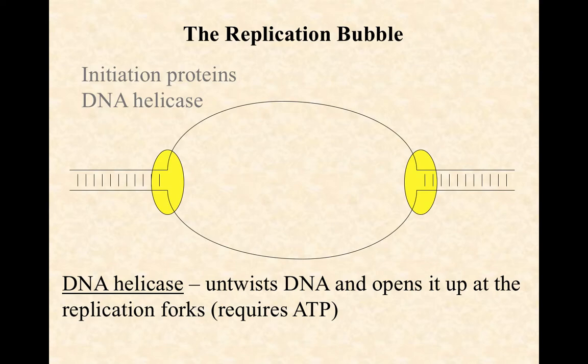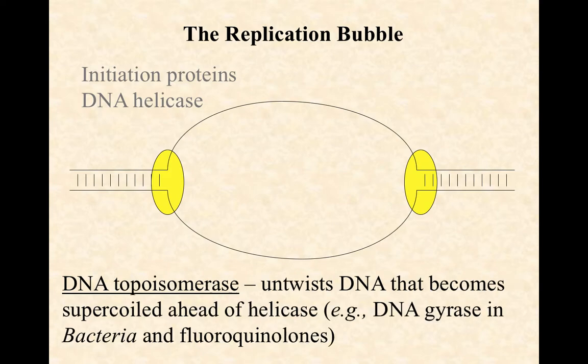So we've had initiation proteins to open things up initially, and DNA helicase is going to continue the process of unwinding and unzipping. Now, you can imagine if you've got these two strands that are twisted around each other. Try to picture maybe two strings that are twisted around each other. And you've got these long, long strings, a couple feet long, laying on the table in front of you, twisted